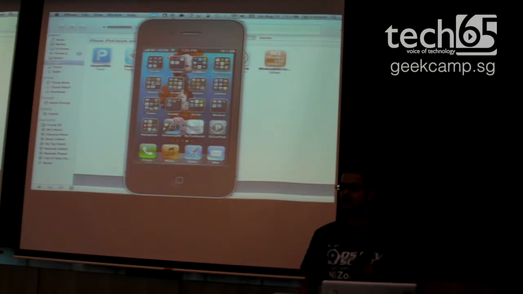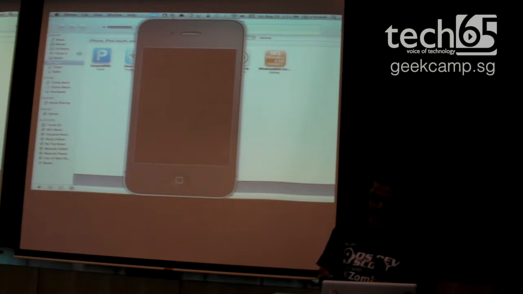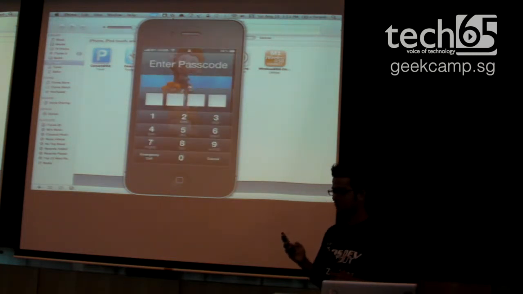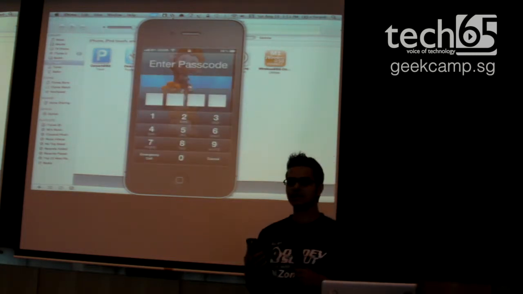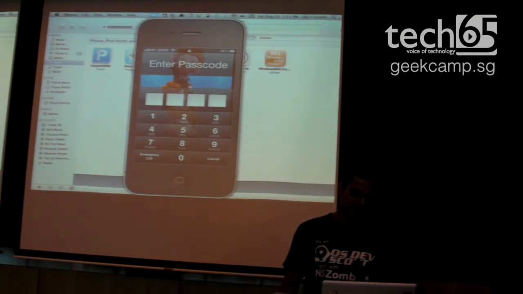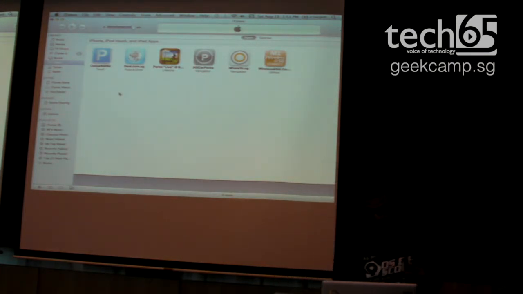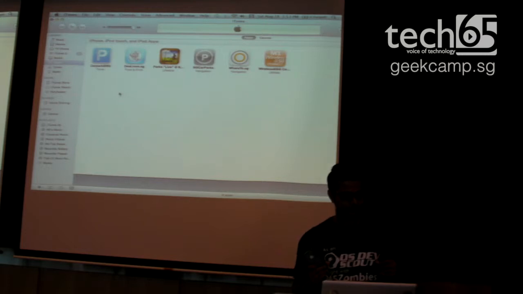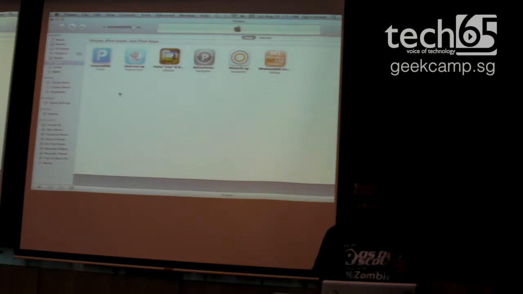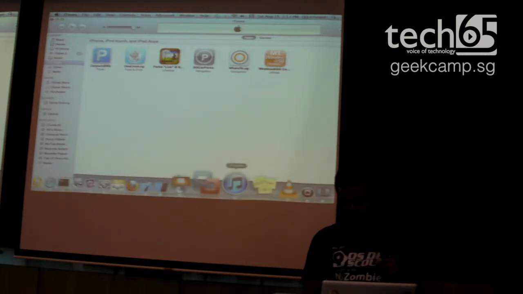I disconnected from the laptop and my phone is locked now. Right. So imagine you have got a stolen phone or you just found a phone, right? Again, there are various ways to get data from this phone. One thing is, this phone is disconnected. I'm connecting it back to the laptop now. It is still locked,